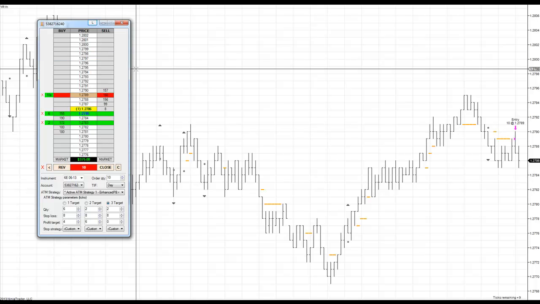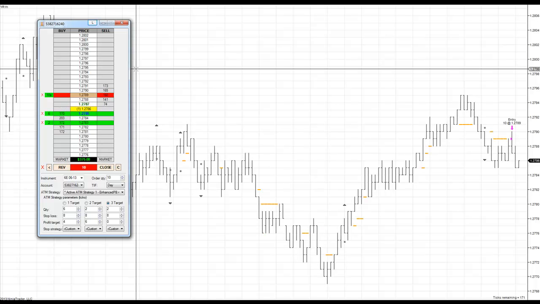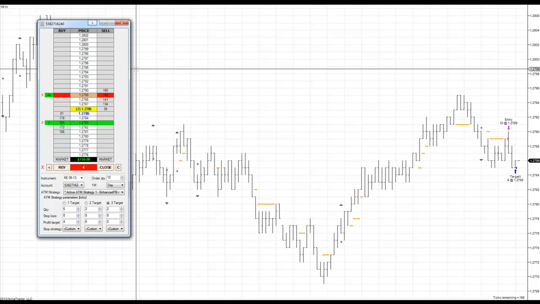Okay, there we go. We got our first. We're at break even. See if we're going to get filled. And if we break even, we'll be looking at what our next trade would be. So we'll see if we can get filled here. There's a lot of contracts going off, so our chances of getting filled are pretty good. So let's see what happens. And there we go. We've got one set off,